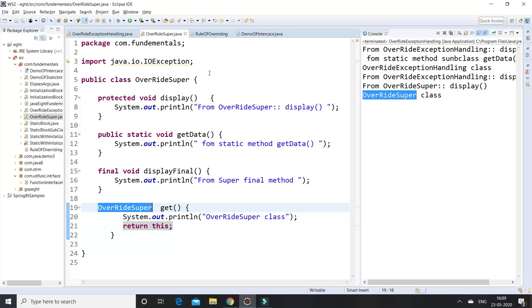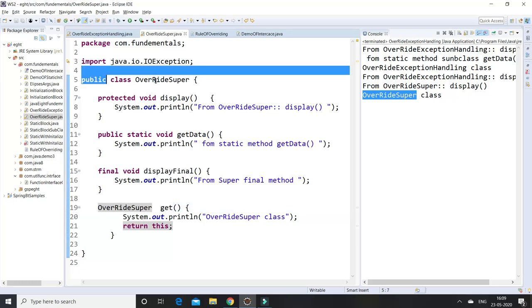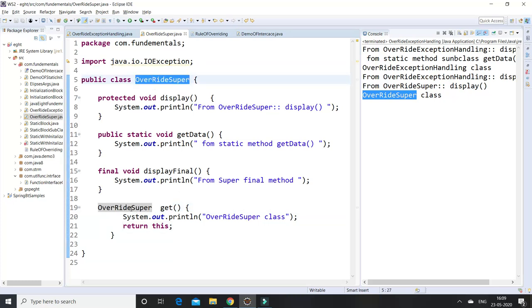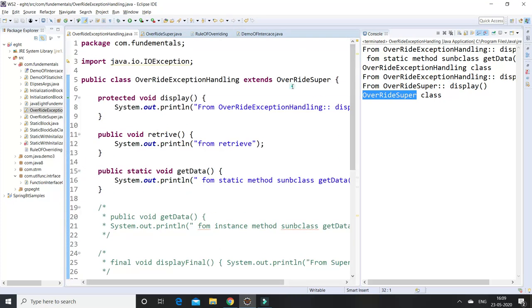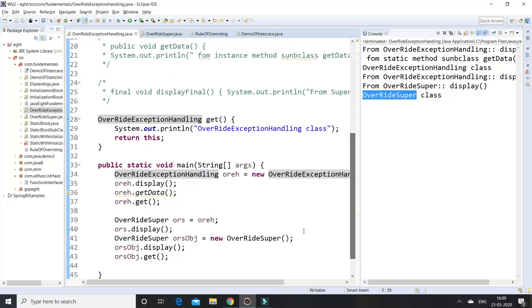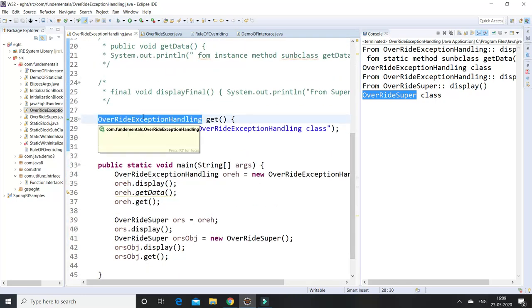Let us assume here it is specifying the overriding superclass method, meaning the return type must be overriding superclass. Here this class extends this superclass, that's why we mentioned overriding exception handling. If you want to specify here also, you can specify overriding superclass also, it will work. So that is one point you have to remember.